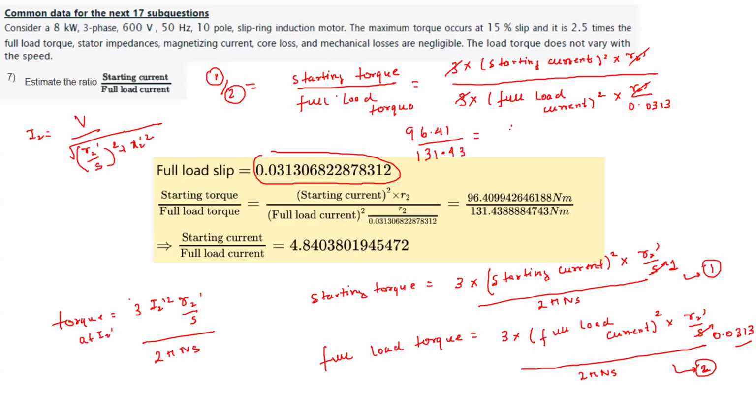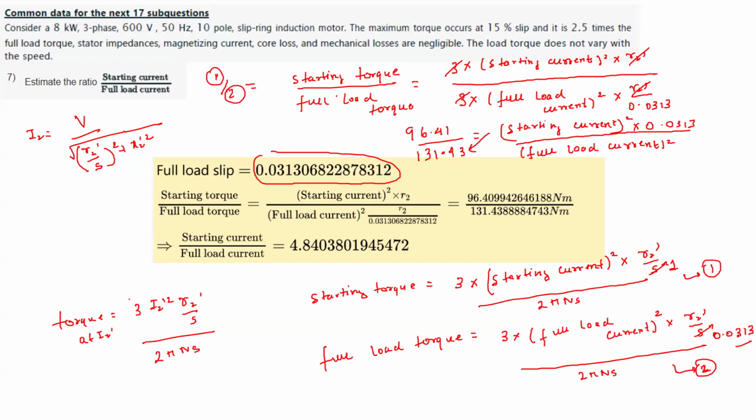Okay. So this is the thing, and here it is starting current square, and this 1 by 0.0313 will go in the numerator, 0.0313 divided by full load current square. So what you can do, you can just cross multiply. So this 0.0313 you can cross multiply and send it down. So this will become 96.41 divided by 131.43 into 0.0313 is equal to starting current square by full load current